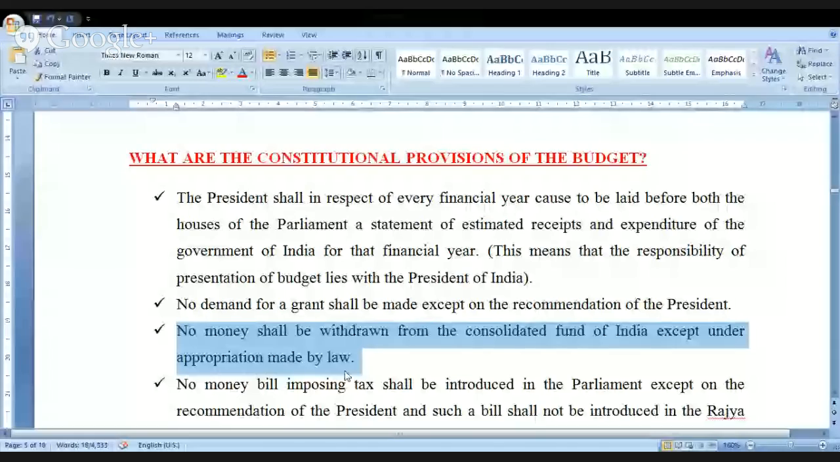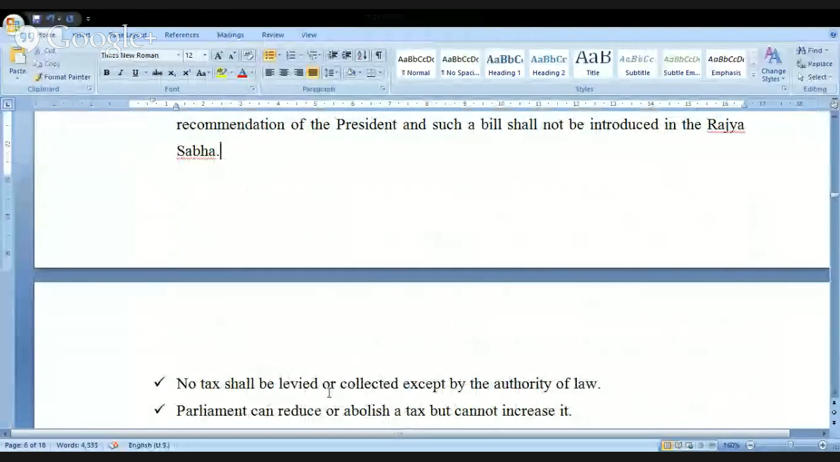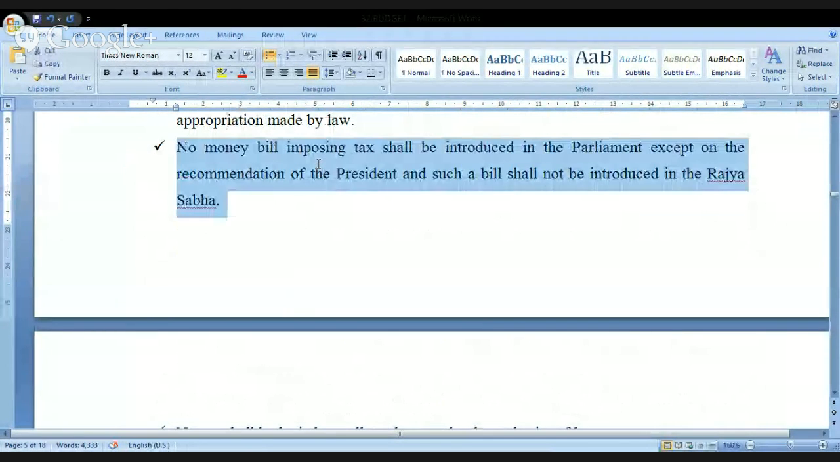That is the idea. Again, look at this. No money bill imposing the tax shall be introduced in the parliament except on the recommendation of the president, and such a bill shall not be introduced in the Rajya Sabha. What do you mean by this? Budget means annual financial statement. In that one, I have two items. One is the income, second one is the expenditure. Whenever you want to spend money, you have to draw the money from the consolidated fund of India, and you can draw it only with the permission that is granted by the President of India, meaning government cannot spend even a single rupee without the